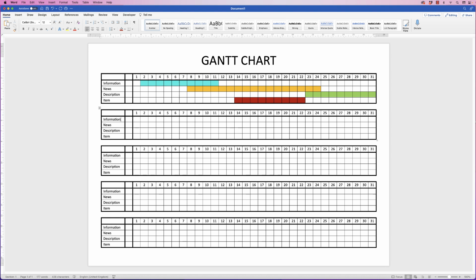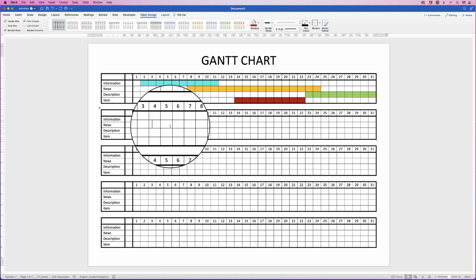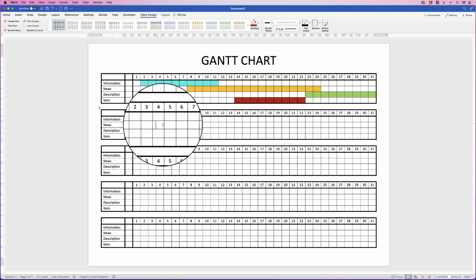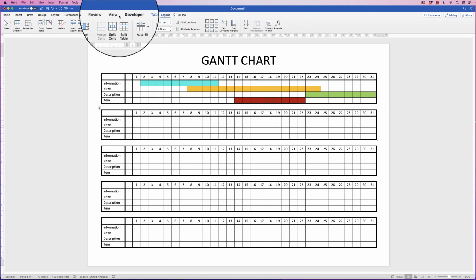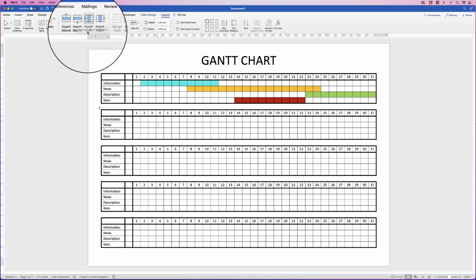Again, if you need to, you just go into these boxes here and change the headings if you need to. And if you want to add or remove a row, click in the row that you want to add it above or below, then go to Layout and use these options here, Insert Above, Insert Below, and the same with the columns. So I'm going to go ahead and fill out the rest of this for my thumbnail,